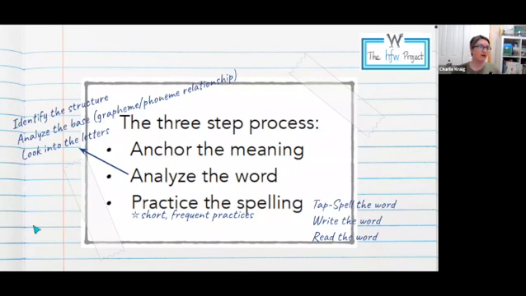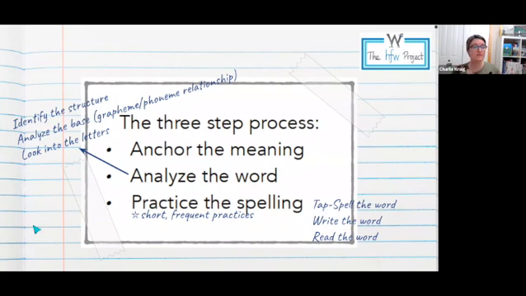Then we're going to analyze the word. Part of that is looking at the structure. Part of that is looking at the grapheme-phoneme relationships, and then looking into the letters. And in that connection of analyzing the word comes the story. So what's the story of the word, and how does it help us understand why that word is spelled the